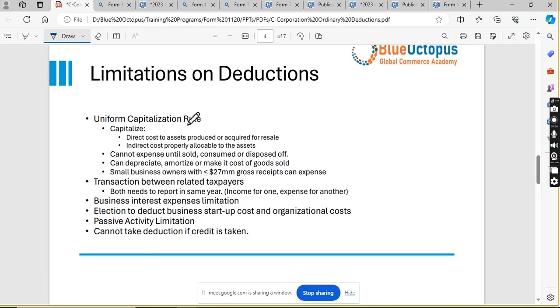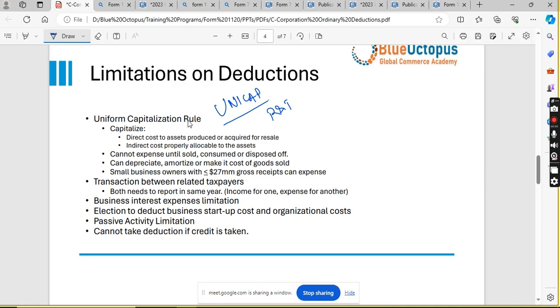Then there are certain limitations on deduction. Mostly we have discussed, like the uniform capitalization rule. So the uniform capitalization rule is for inventory, and in short is known as the unicap rule. So under unicap you can include